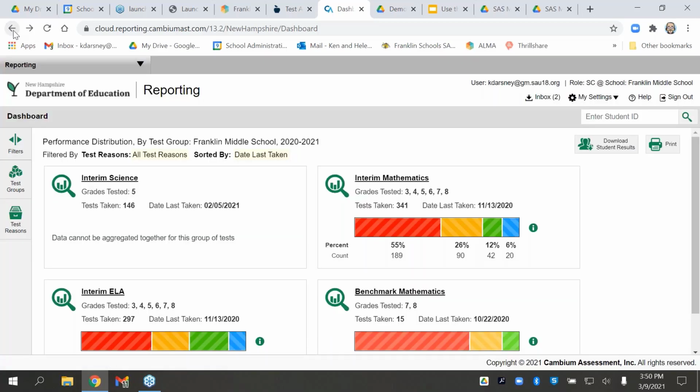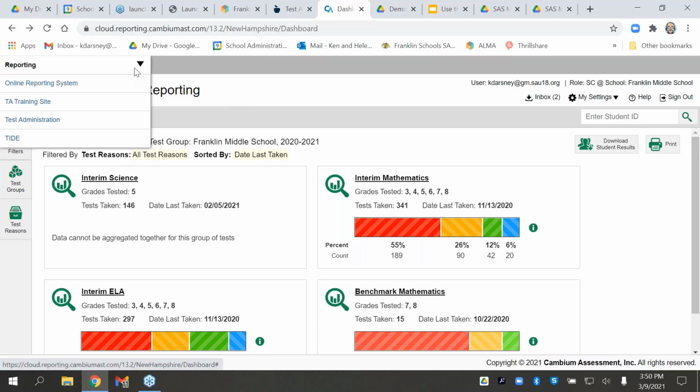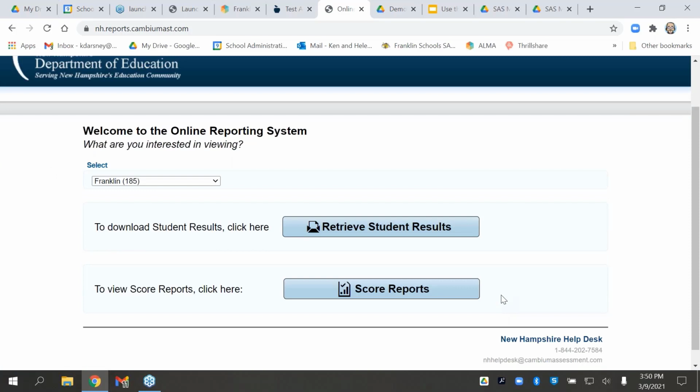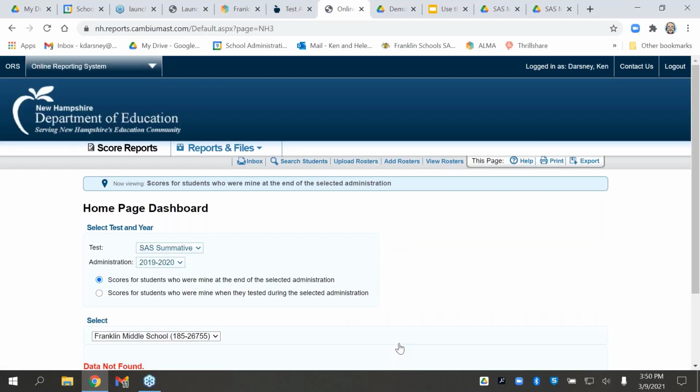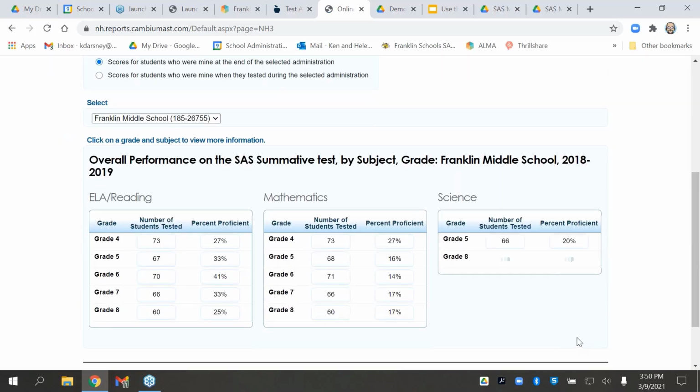And our teachers are using this right now today as another measure to be able to look at our kids. The other thing we have is ORS, which is also our old stuff, to look at results. Those are the two things we use, prior years, so that's great. I think I use the score reports. Obviously, there's nothing for 18, 19. So coming to these places, to me, is a good source that we use for information.